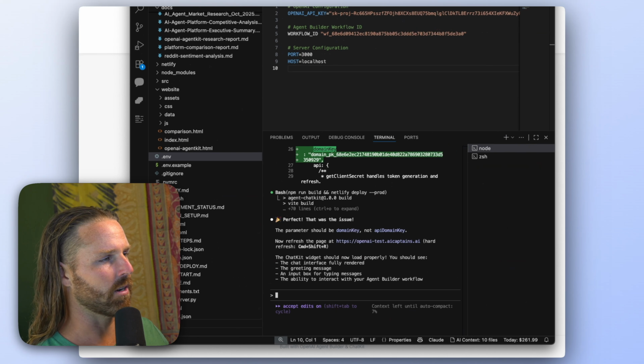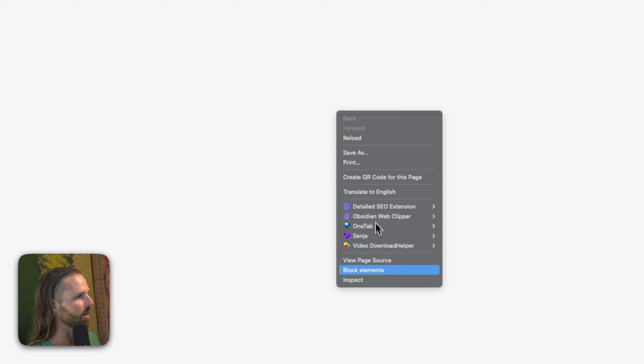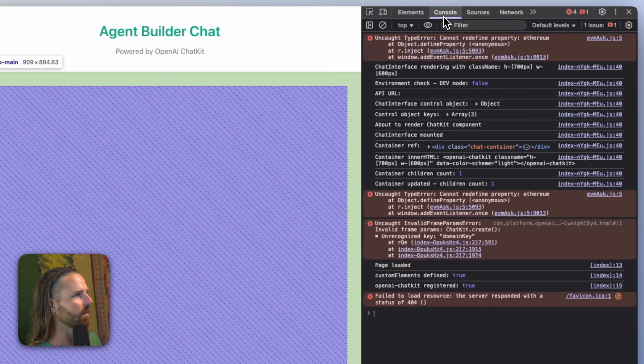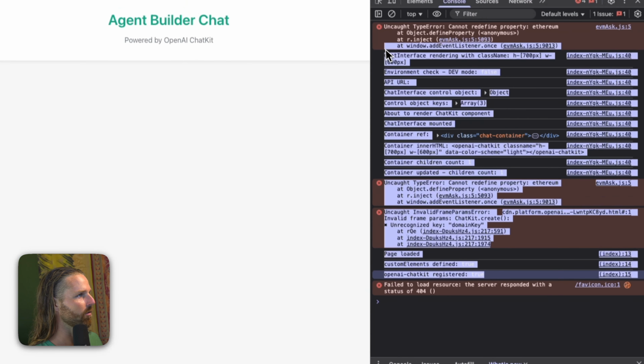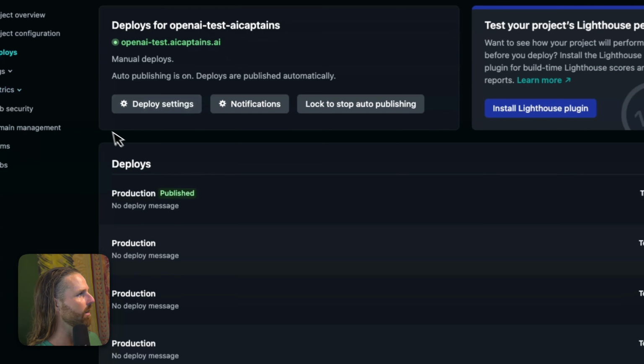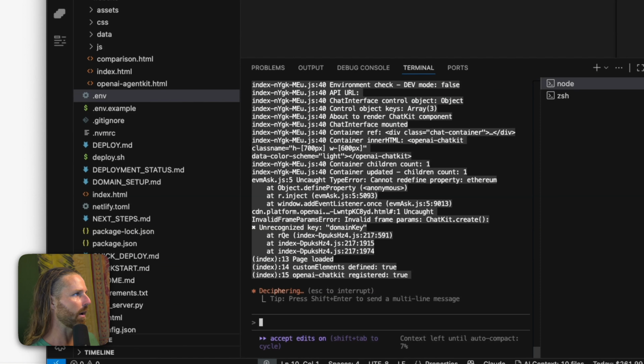So let's see. I tried it again. Once again, Claude Code can hallucinate. They can all hallucinate and think they're finding solutions that aren't really there. So here we go again. It's not loading, and I'm not surprised. Here we go again, right? This 404 is just a favicon, but it just goes on and on. And it's getting deployed here, no problem. We paste that in here now. Okay, back and forth. This is no longer worth my time to make this video.